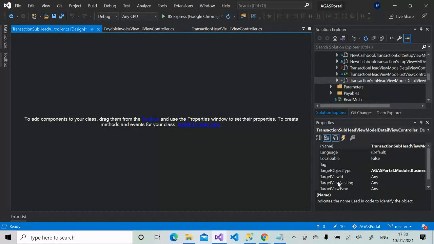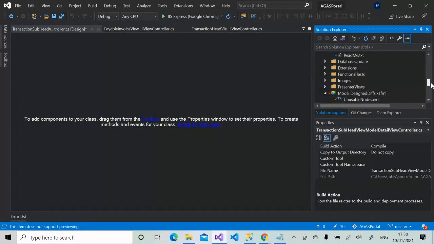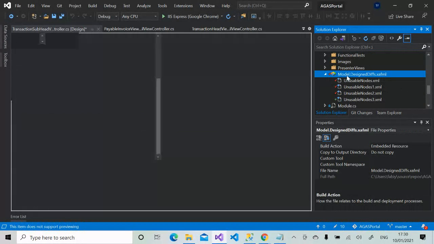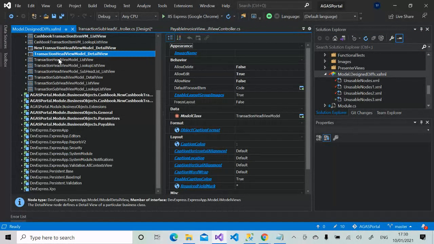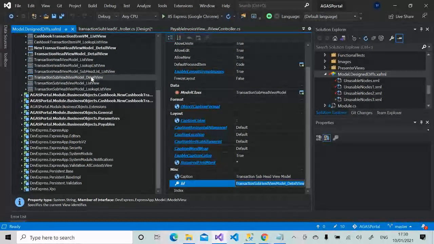Now, which view are we targeting? I always like to go straight to the application model, though the naming convention is there, you will see why I said so. We are targeting the transaction subhead view model detail view. Even if I typed it, it is the name of the model underscore the type of view, whether it's detail view or list view. So this is the target